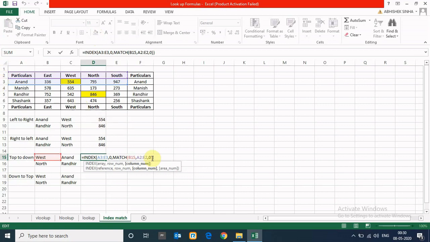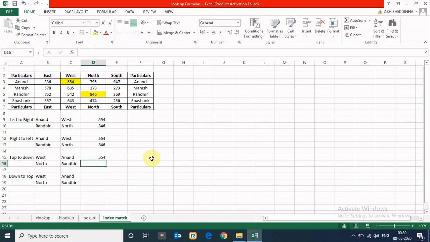So we are using the MATCH function here for the column number. Similarly, we have to use the same thing for bottom to top.